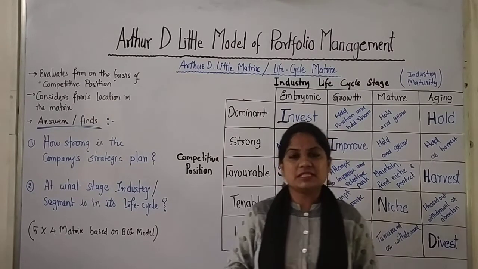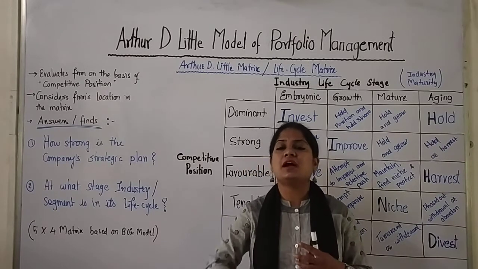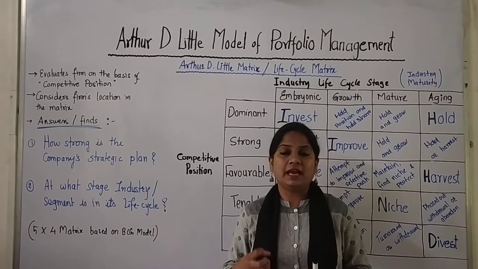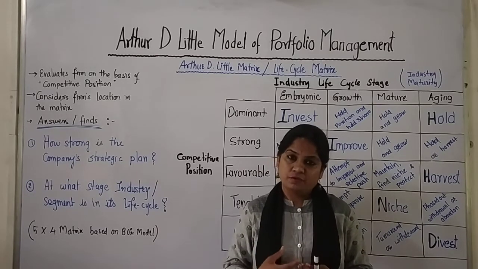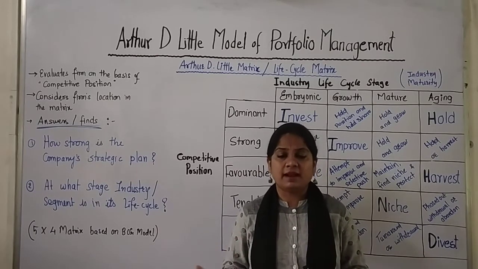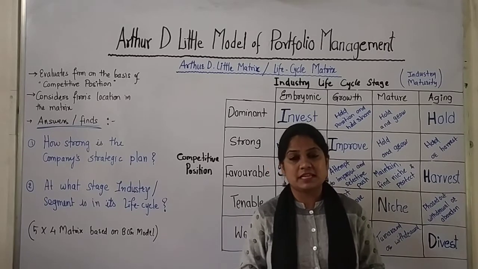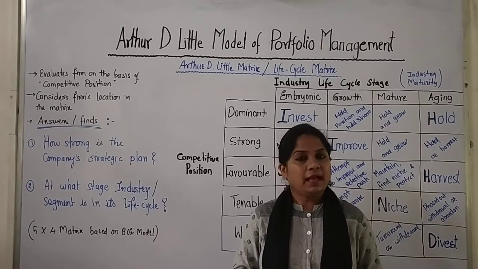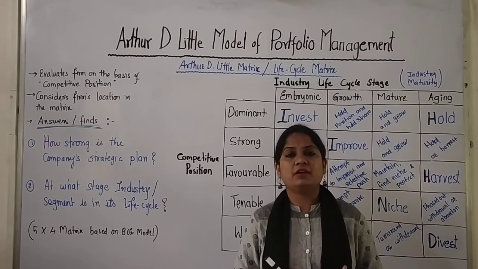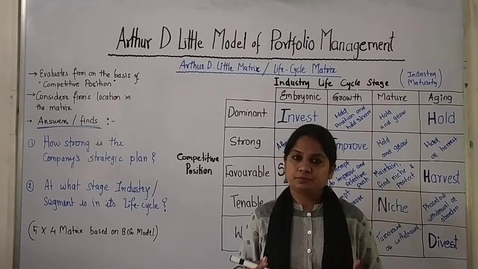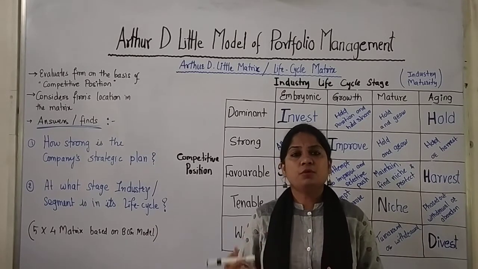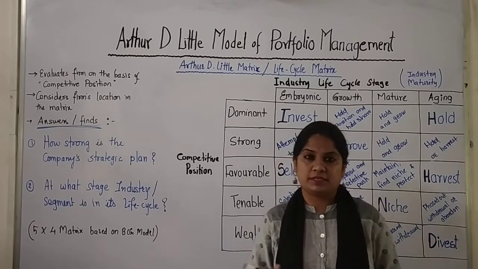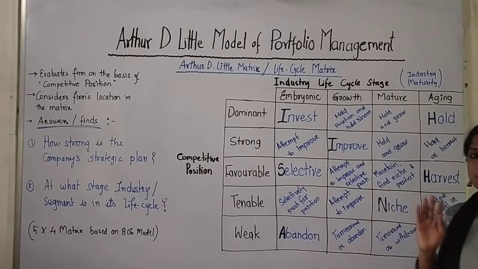aging stage, where the companies start getting out of the market and they are at the withdrawal stage, wherein getting out is sensible because there are a lot of changes happening around and these products somehow fall behind, and it is more feasible to leave them and get into new things. So these are the 4 stages.